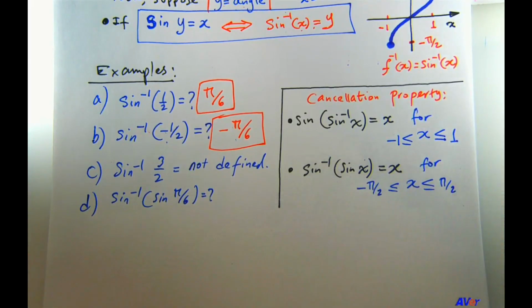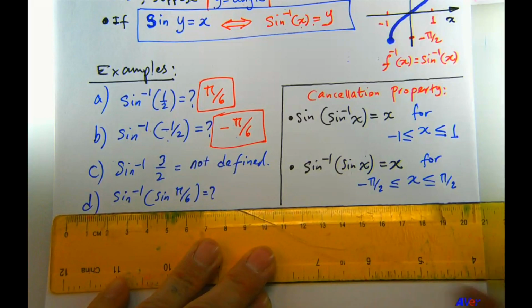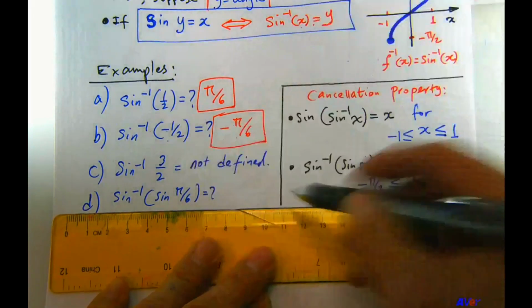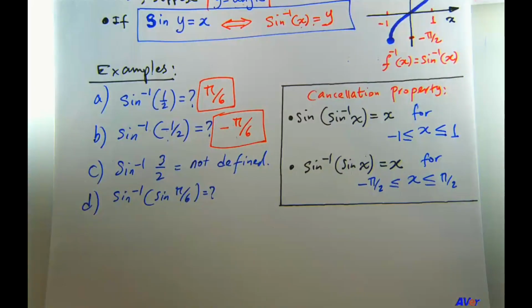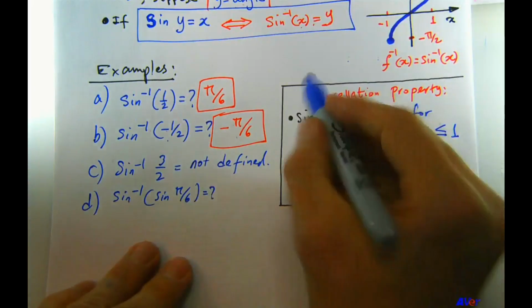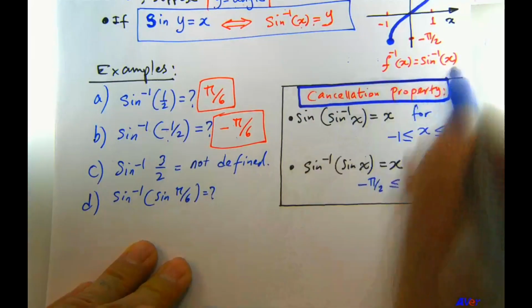So these two I should have mentioned earlier, but I'm mentioning it here, in order to make sure that it doesn't get mixed in with these examples, so I'm going to box it. This is very, very important. This is the cancellation property. I'll just box that here as well, like that.